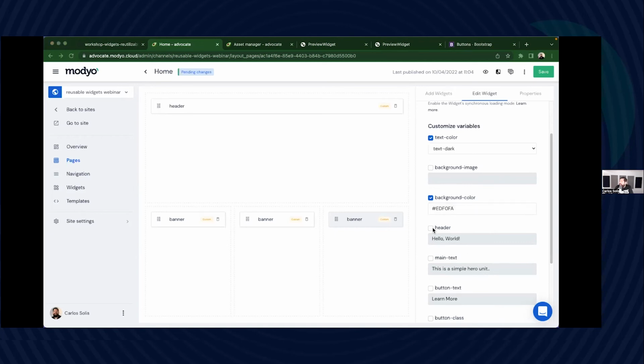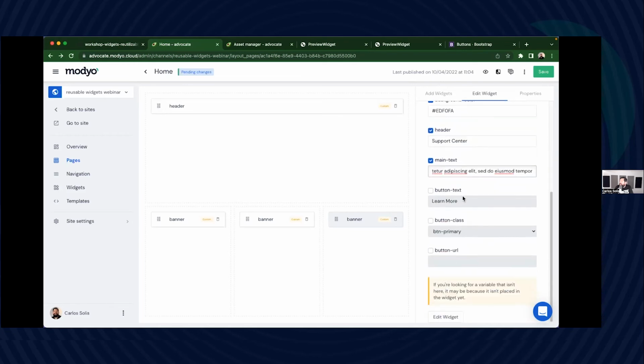Include a header with something like support center, and the same lorem ipsum with the rest of the fields blank. Save it, and let's check out the results